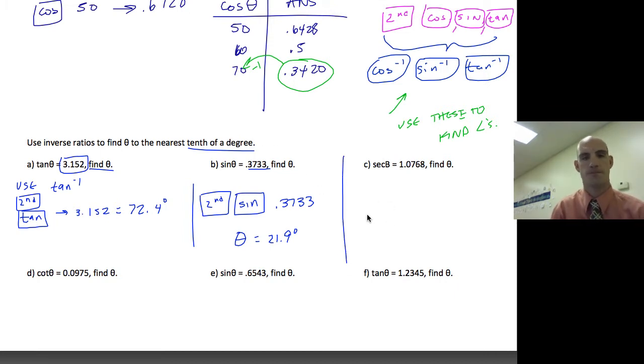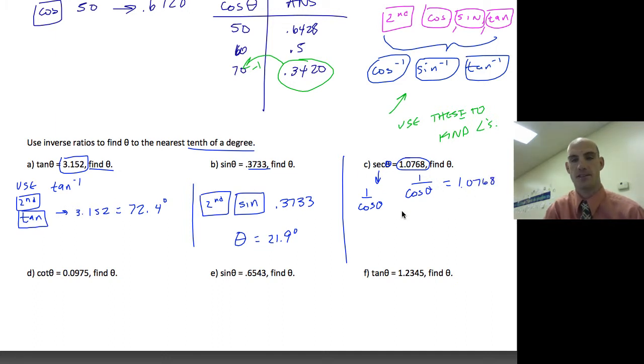Let's try this secant here. Secant, we're going to convert this again. It's 1 over cosine of theta. And so when I'm given this value, it's telling me that 1 over the cosine of theta is equal to 1.0768. And so in order to find the theta that's associated with that, I'm going to have to do a little bit of manipulation. Okay, so let's look. 1 over cosine theta equals 1.0768. So if I multiply both sides by cosine of theta, which I don't know,